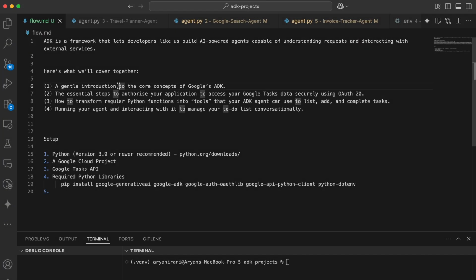In this tutorial, we'll explore ADK, Agent Development Kit by Google, by building a practical and engaging project, a conversation agent that manages your Google tasks. You'll see firsthand how ADK simplifies the process of integrating external APIs and giving your AI a tangible way to assist you. ADK is a framework that lets developers like us build AI powered agents capable of understanding requests and